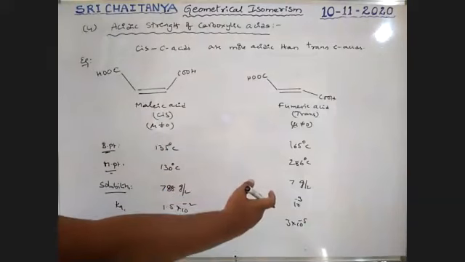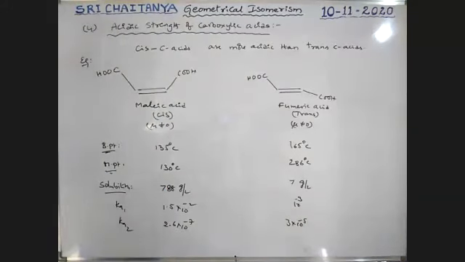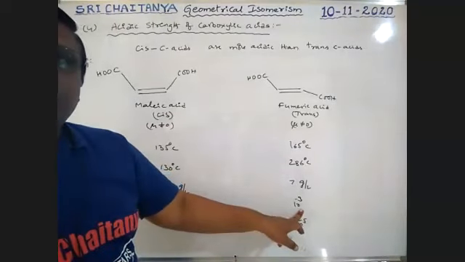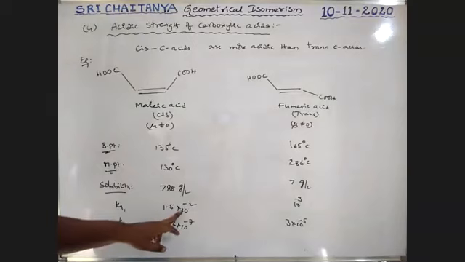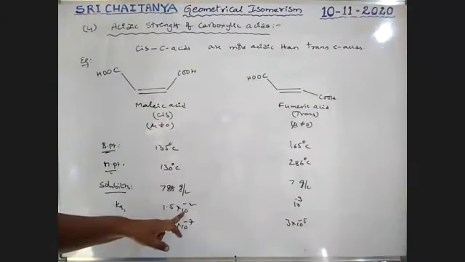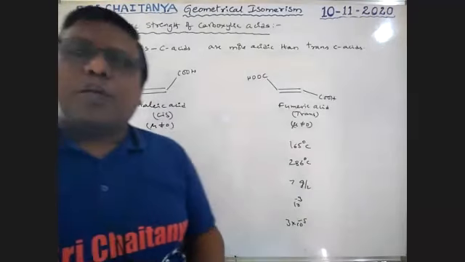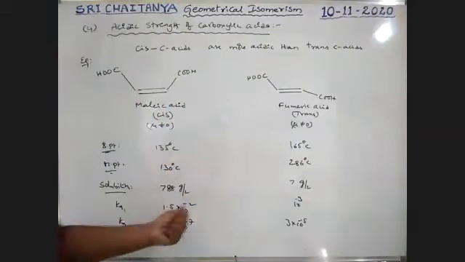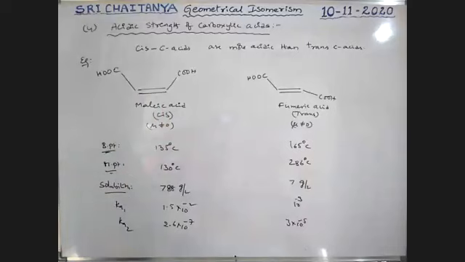So that means that value is more than that of this one. That Ka value is more than that of this one. So therefore, fumaric acid Ka values. See here, 10 power minus 2, 10 power minus 3. So that means which one is more stable? This is more acidic. So therefore, here cis acid. That means acidic nature is directly proportional to Ka value, boys. More Ka, more acidic nature. So its Ka value is more than that of this one. Therefore, this is more acidic than this one. And altogether, this is